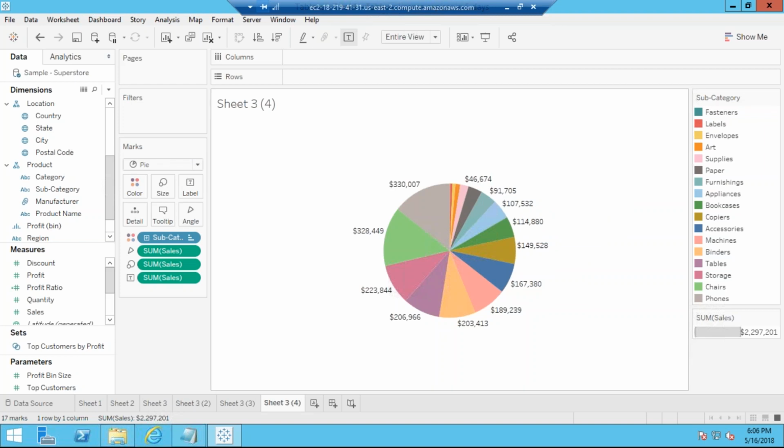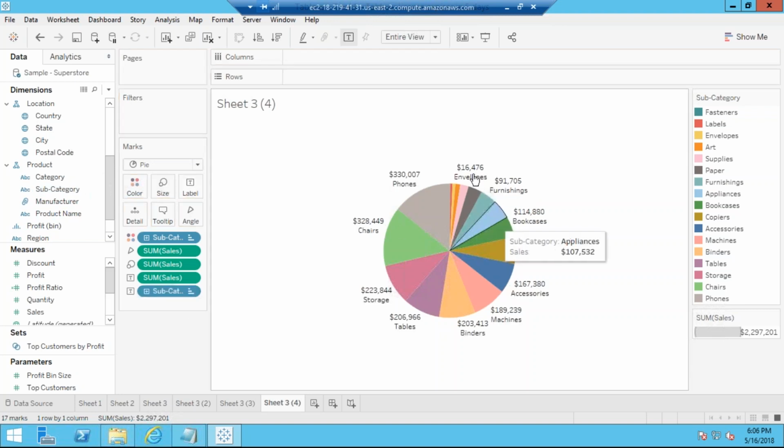I think you have to place subcategory under labels. Yes, so just drag and put the subcategory under labels like this. For each category, I'm getting the labels, and it's 6.